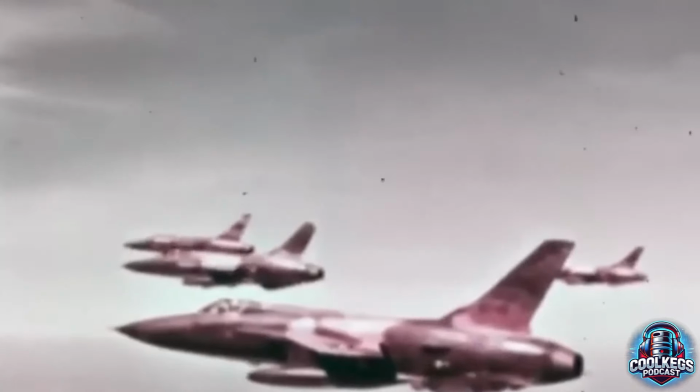Yeah, you give me a choice between those three, I'm 100% grabbing that Falcon because the thing's dangerous. It's dangerous. Well, it actually was agile,